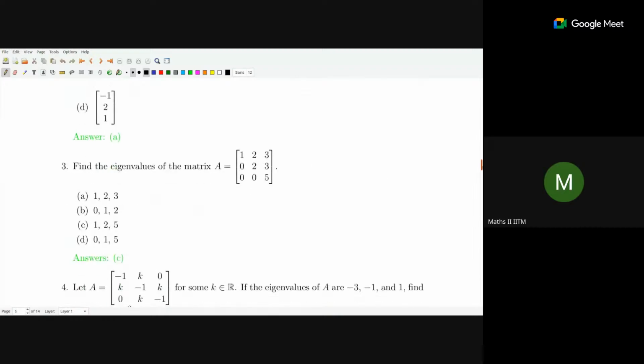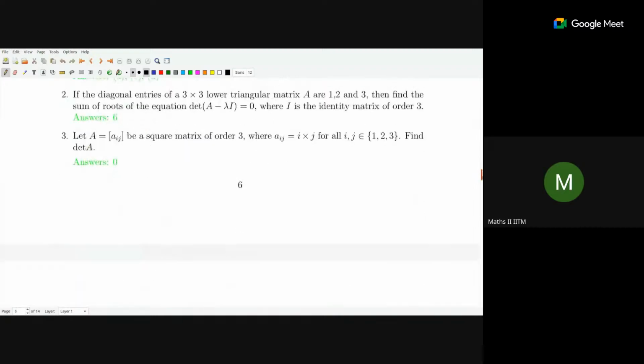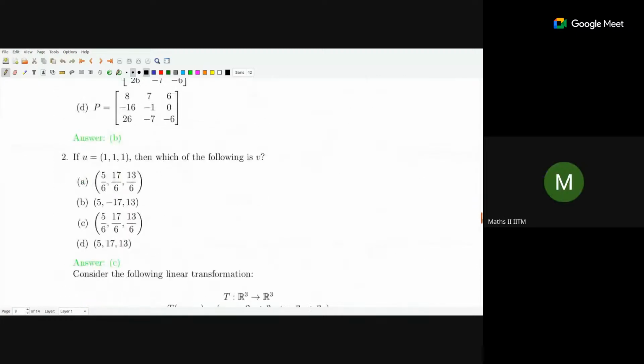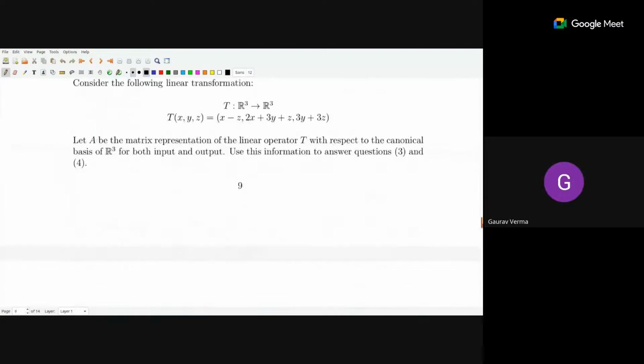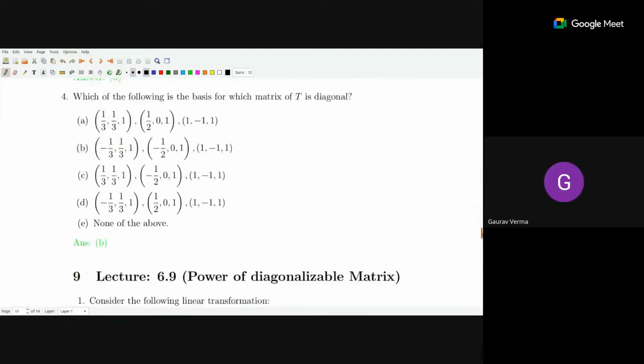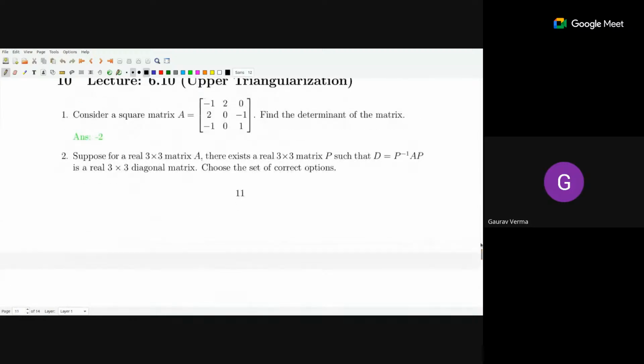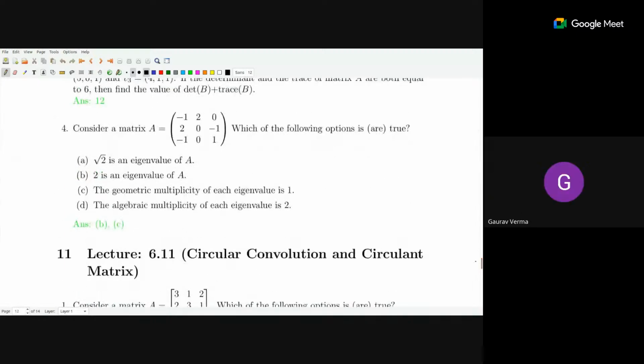So no doubts till 6.9, is it? Are the answers correct? Most of it is correct. There was one small doubt. Okay, so which question? Question number 4. So 6.10, question 4. Yeah. Okay. So here